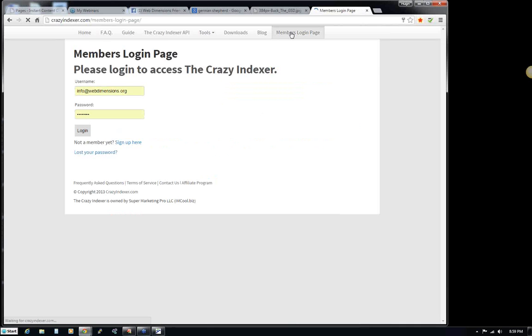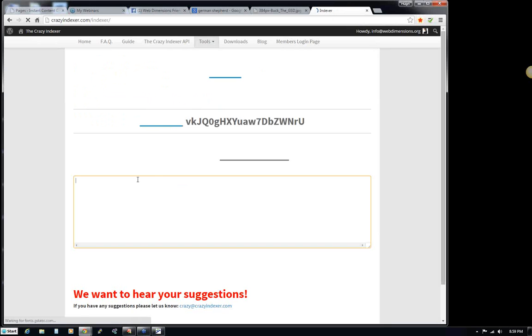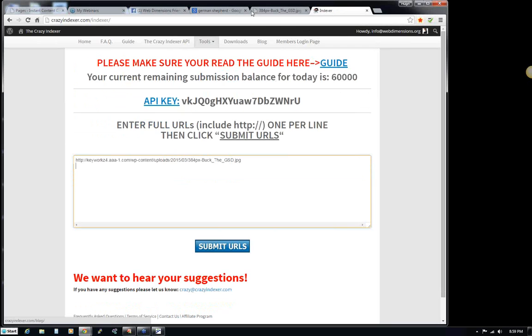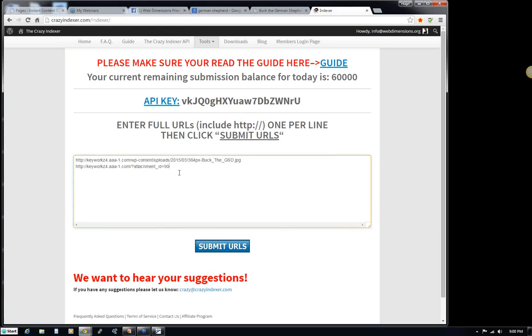I'm just going to go ahead and log in real quick and show you what I can do here. This is a link indexer, so I can put the image in there. I can put the image's web page in there, and then I can just submit, and so now those would get indexed in Google. So that means Google will come and read both of those, and probably will also index